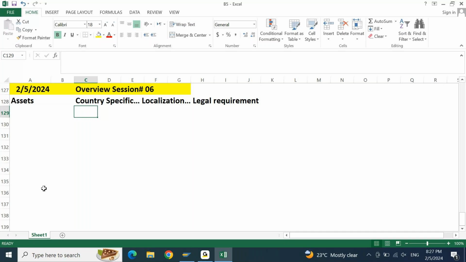This is from the SAP point of view, because according to SAP, asset accounting is common. If you look at SAP for asset accounting, irrespective of the country, it is the same screen. It is the same screen for all the countries with respect to configuration. Meaning, at the time of configuration, there are no special features for asset accounting. It is common asset accounting according to SAP. Understand how asset accounting works in SAP.